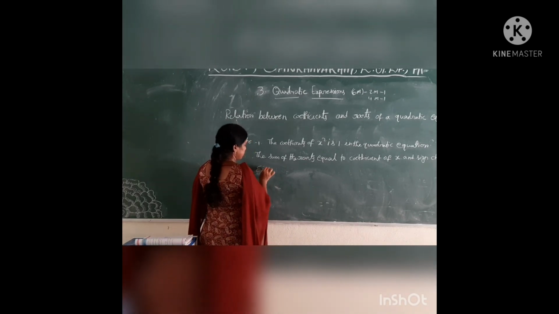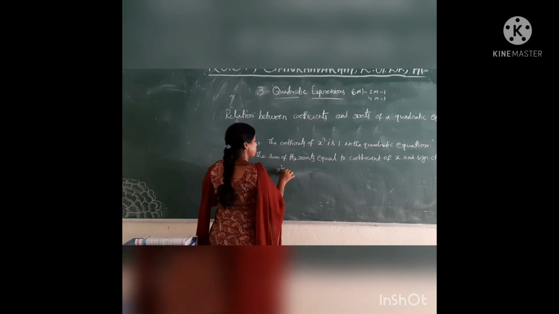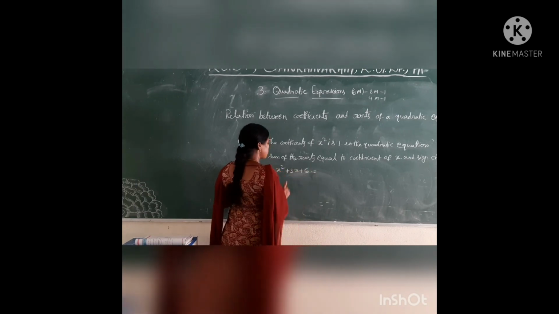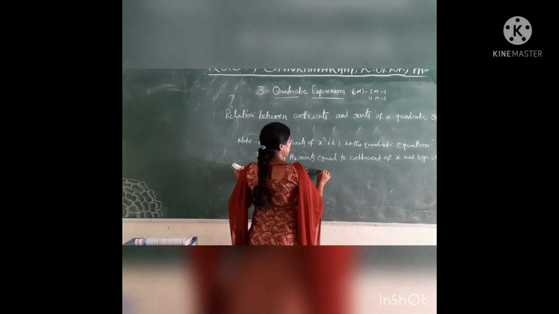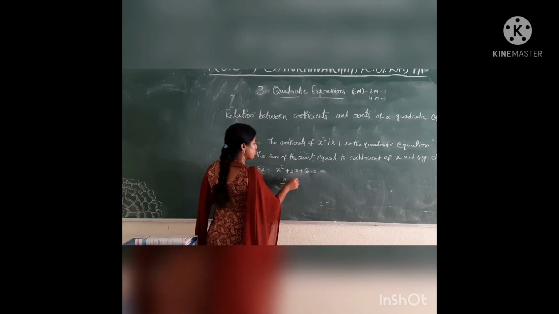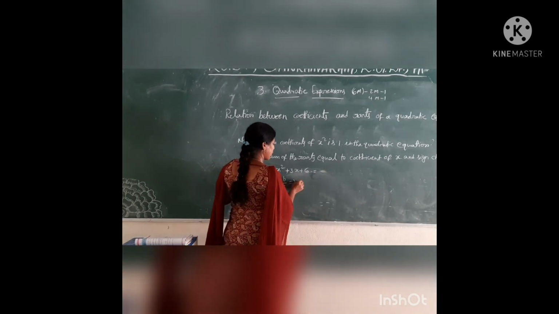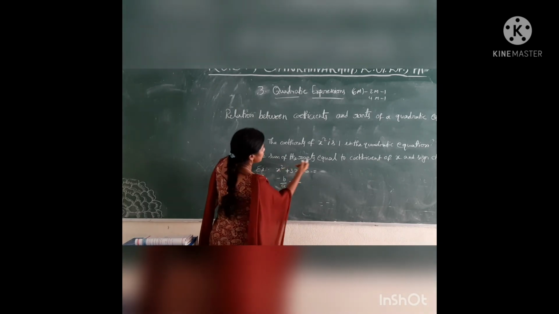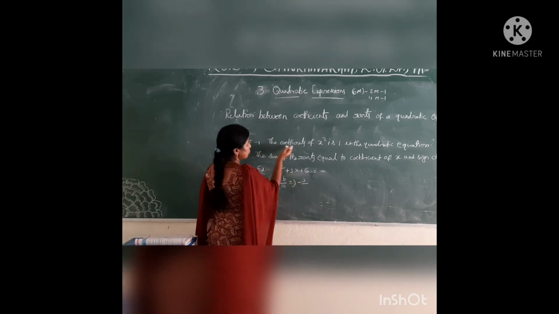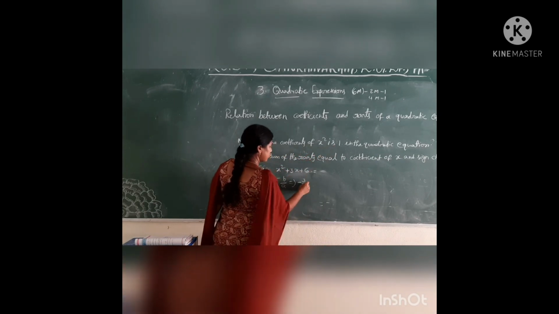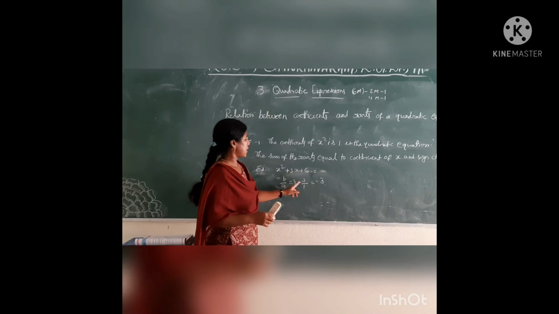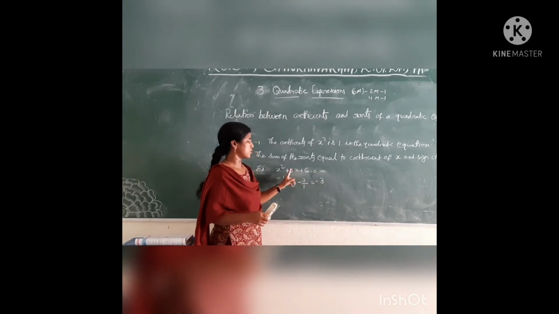For example, x square plus 3x plus 6. In this, the sum of the roots, by the formula, is minus b by a. The sign is plus, so we get the sign changed to minus, and the sum of the roots is equal to the coefficient of x. The coefficient of x is 3, by the x square coefficient, which is 1. So that is equal to minus 3. The signs change and the coefficients are plus.